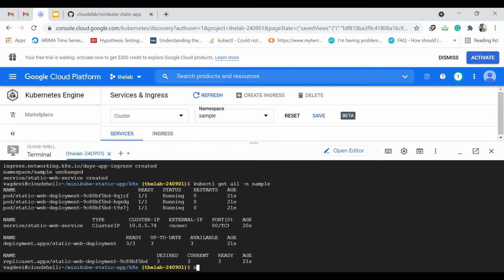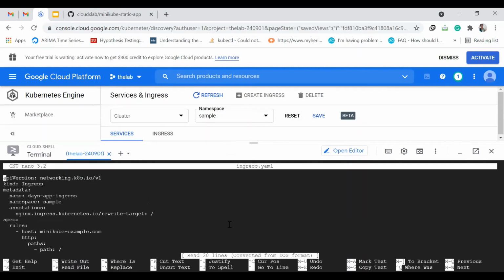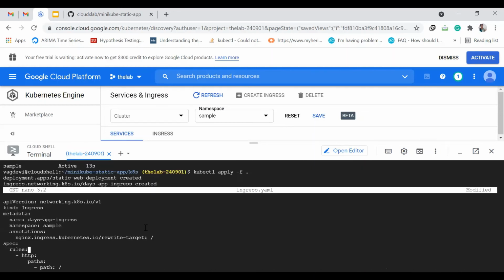So we can do that using nano ingress. So first we need to remove this host. If you remove this host, that means we want to allow everything. Okay. Whatever the IP address is, that's fine. So make sure the indentation is correct. So after the hyphen, one space is there, similar to here. Okay, so indentation matters a lot.